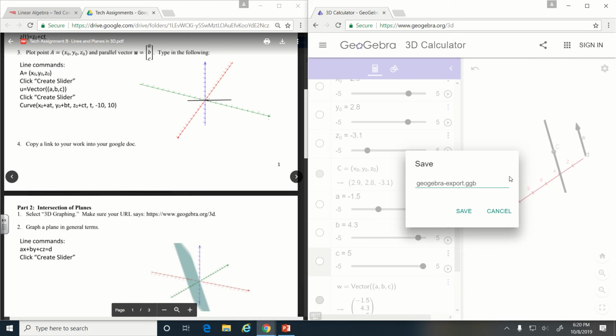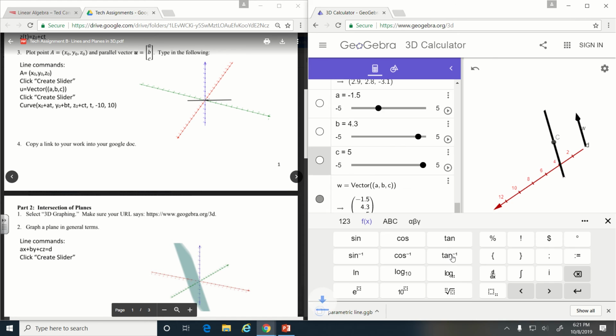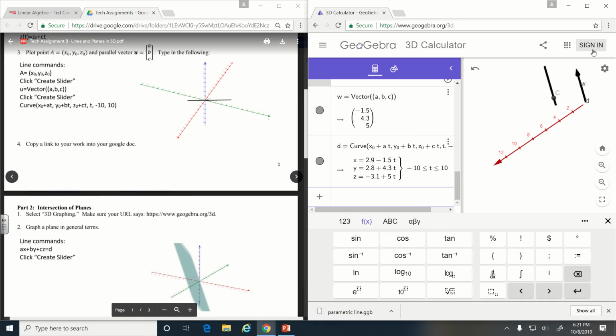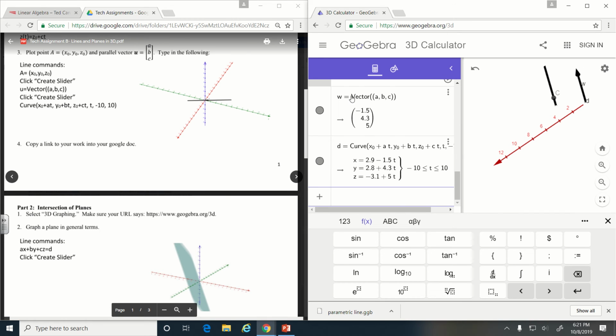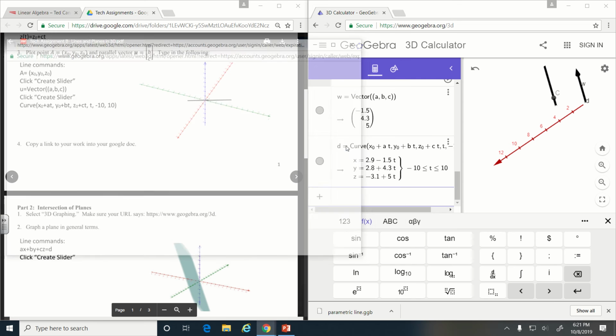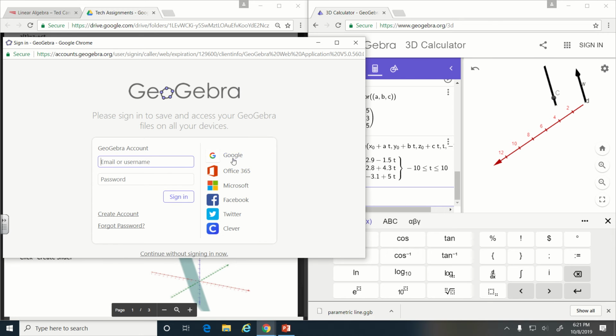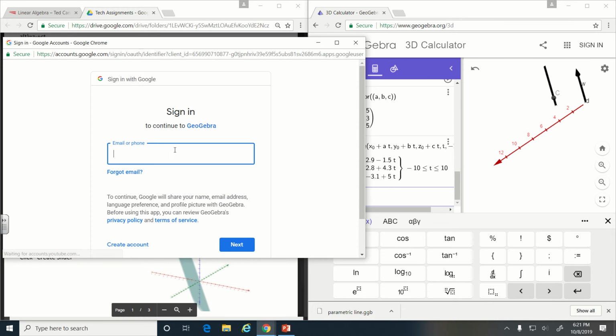So then once you do that, you're going to save. Save it as something that's not this. So this would be line, parametric line, or something, whatever. Parametric line. Save it. Oh, I never signed in, but whatever. I have like 30 of these already, so I'm good. But then once you do that, click share. But now I do have to sign in. I don't have a choice. Okay, so